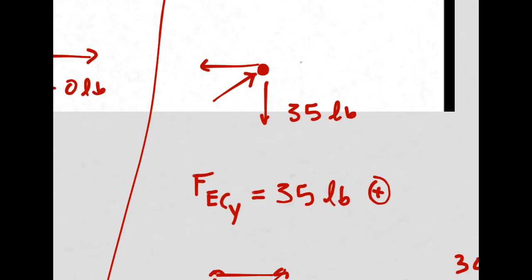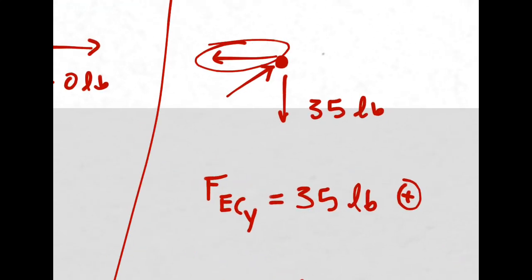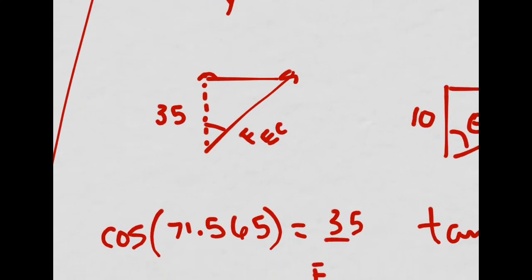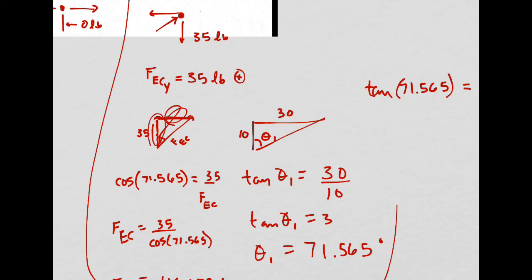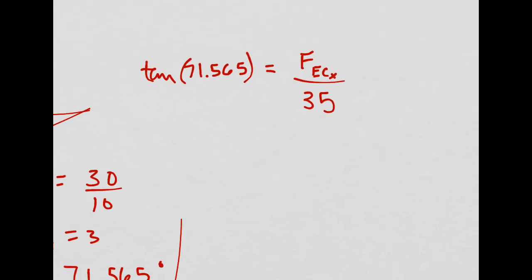And now, since I have FEC, I can figure out the x component, right? Remember, this had to counteract the x component of that. So if I just find the x component, I have found that. Because those are the only two forces in the x direction, so they have to be equal and opposite. I can actually just use SOHCAHTOA again. If I have the y component, I can get the x component by doing tangent, right? Tangent of theta 1, which is 71.565, would equal TOA, opposite over adjacent. So the x component, let's see, multiply both sides by 35, so then FEC in the x direction has to be